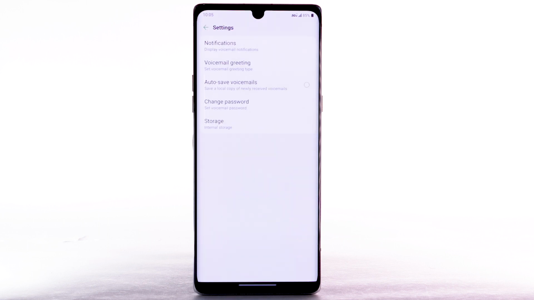You can also access your voicemail to change your password by selecting and holding the 1 key from the dial pad and following the prompts. However, you must know your current voicemail password. If you have forgotten your existing voicemail password, you will not be able to access voicemail until you reset your voicemail password. To reset your voicemail password, go to